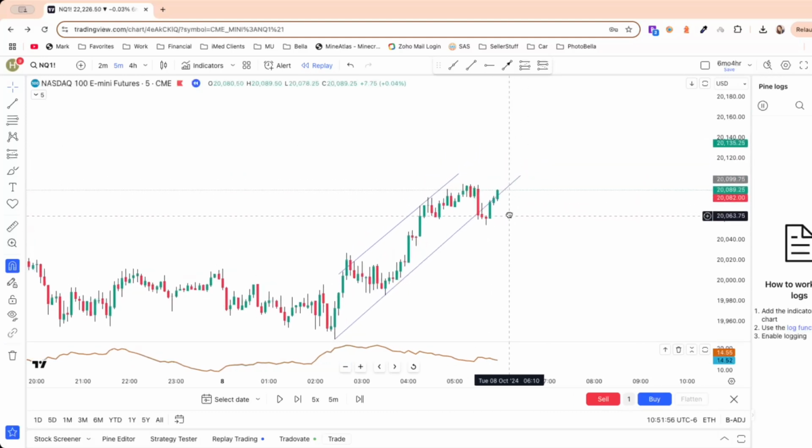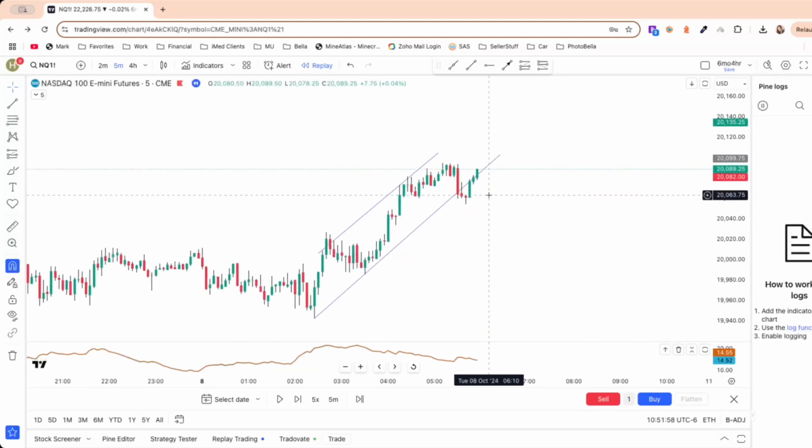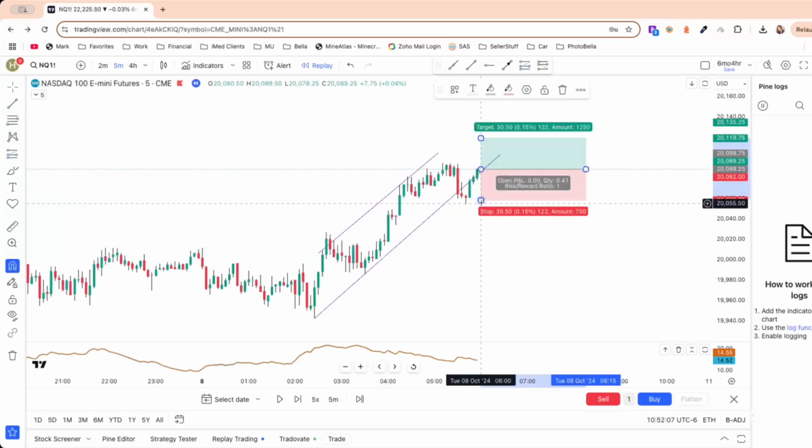So actually, before even going anywhere, this might be a good place to enter because we're right here at this trend line. So let's take a look at what my risk to reward ratio would be if I entered here. Now, if I wanted to play it super safe, then I would have my stop loss be one tick below the low of this low because this is the most recent low. But that is a pretty big stop loss. And I mean, I don't know. So maybe I shouldn't take it at all. Maybe that's the argument, but